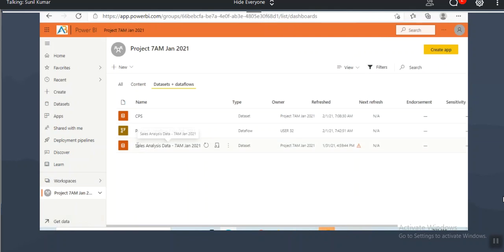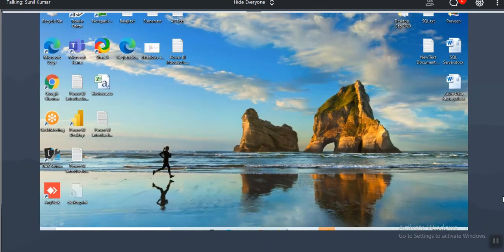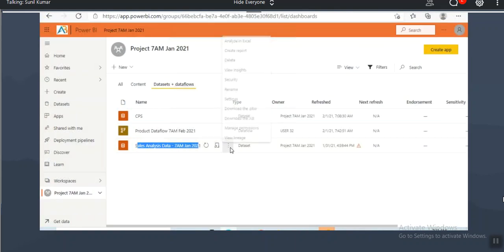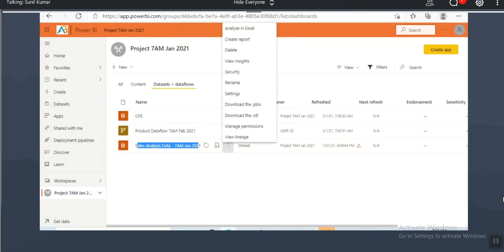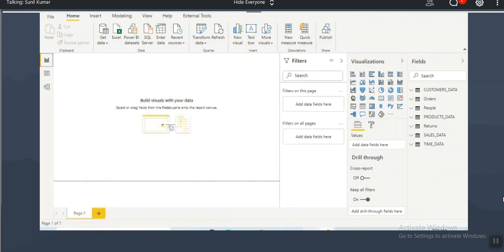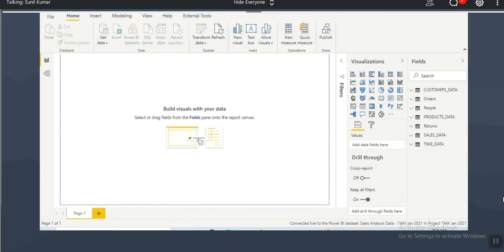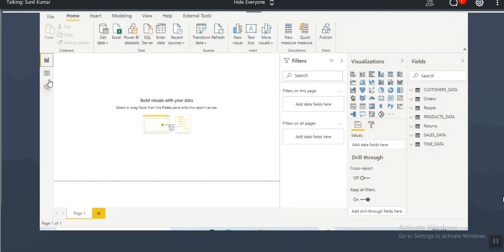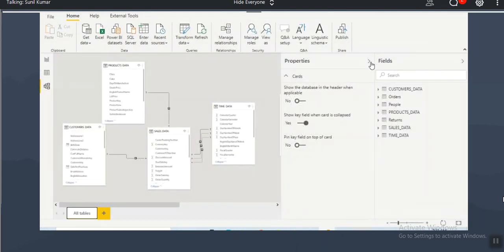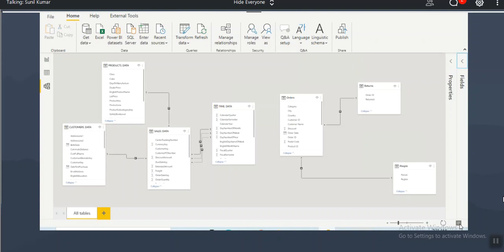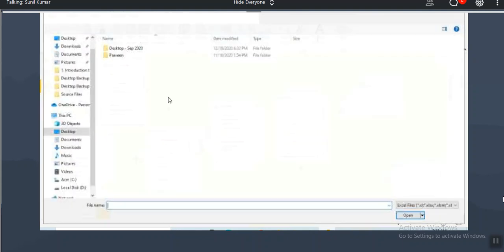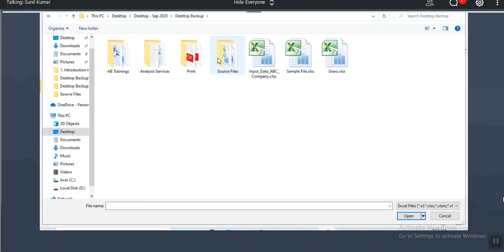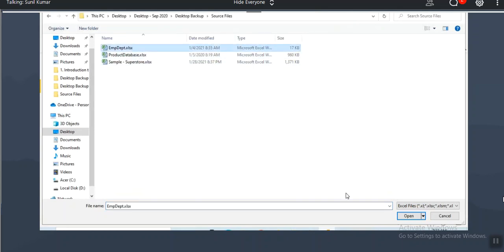How can you add the EMP DEPT table? If you have a copy of the data set, you can open it and add it. Or else, if you don't have a copy, go here, download the PBX file, and open it. Let me close one to avoid the confusion. Now, to add 2 more tables: Get data, Excel, desktop backup, source files, EMP DEPT.